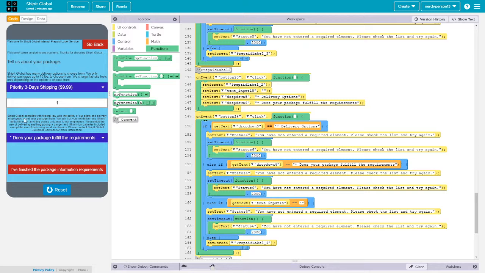But yeah, ShipIt Global complies with federal law for the safety of our pilots and delivery. Does your package fulfill the requirements? Technically, the package that we're shipping, as an example, would be a battery, but since it's a phone, then it fulfills the requirements. And I finished the